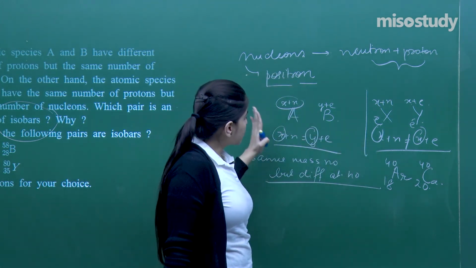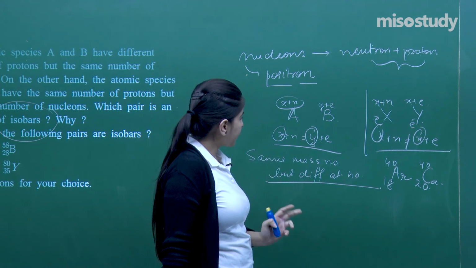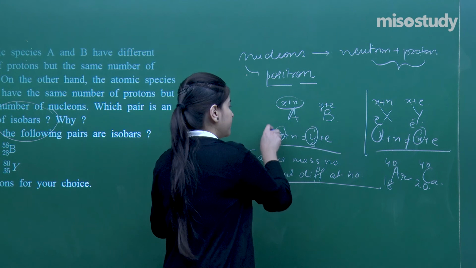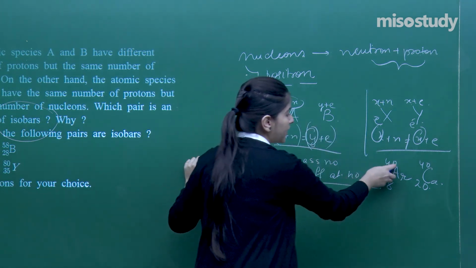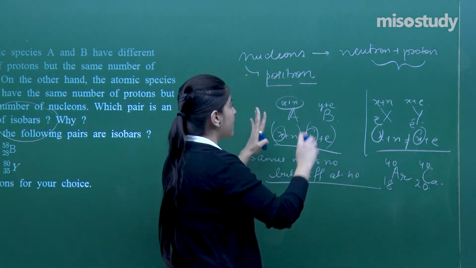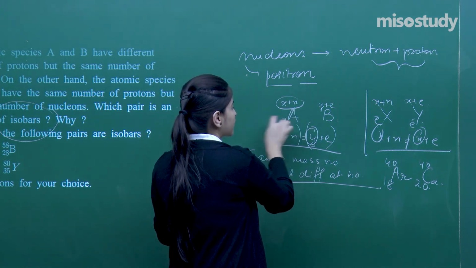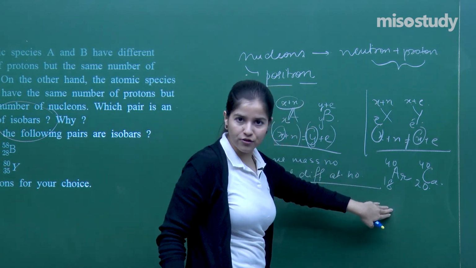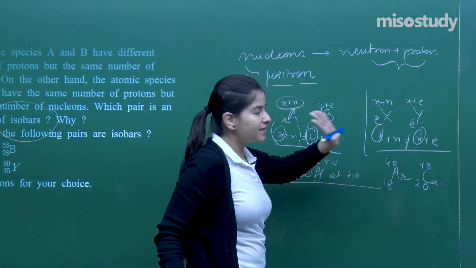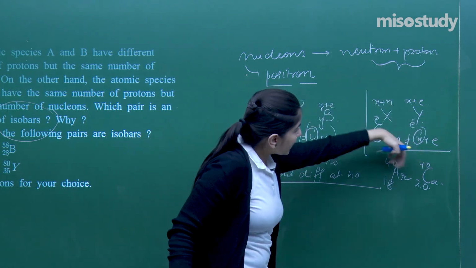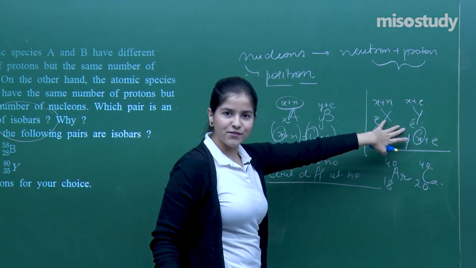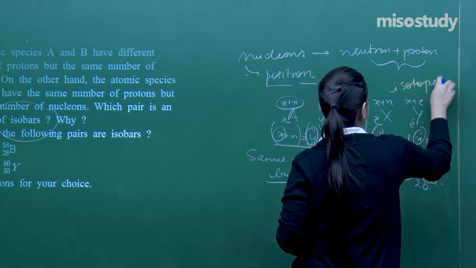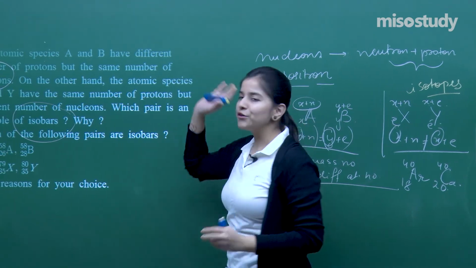So out of the two, which will satisfy the condition? See here, in this particular condition only we have that both of them are equal. That means the mass numbers are equal. It doesn't matter how many electrons are there, just the mass number needs to be the same. Fine. What I have explained right here is somewhat related to isotopes. So these are actually isotopes which I have done. Got it? So accordingly you have to explain.